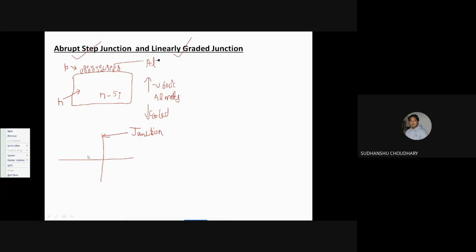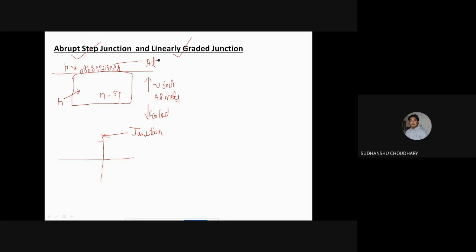So in the step junction, the carrier concentration changes abruptly at the junction. Abruptly means that at this point, let us say this line on the y-axis is the junction. At this line, the carrier concentration changes abruptly. That is,